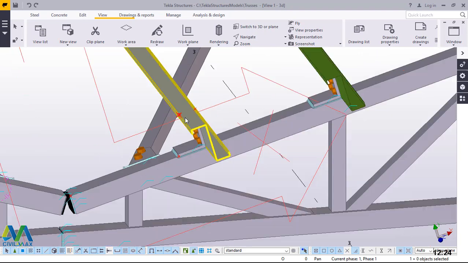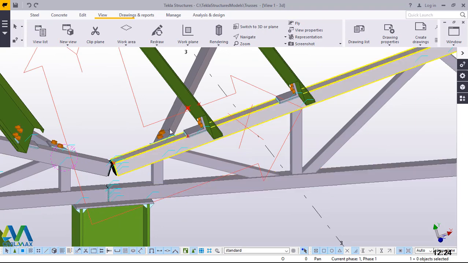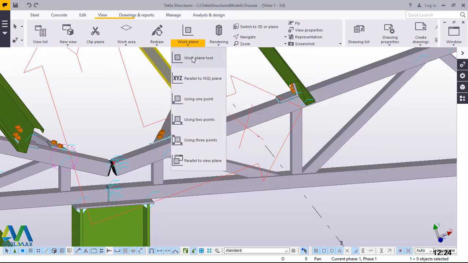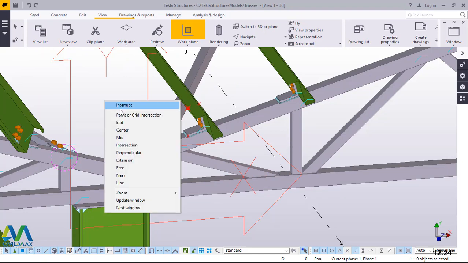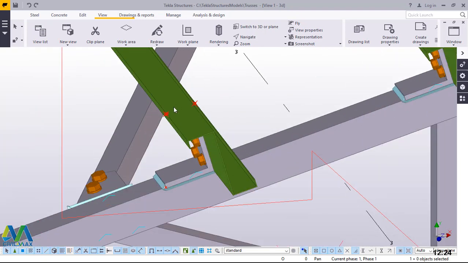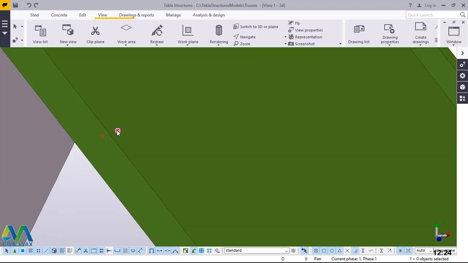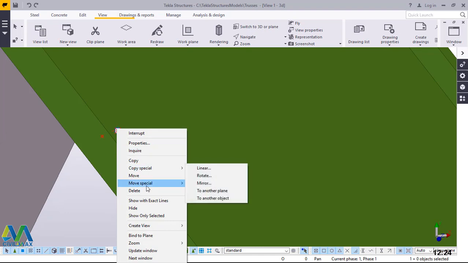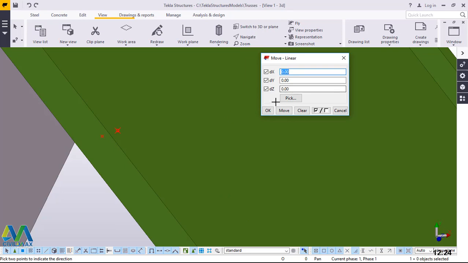And for that to work perfectly, we have to reorient our XYZ plane. We'll come to workplane tool and just mouse over this part, right click and interrupt to exit that, to end that command. Then we'll come to this point right here, right click and come to special move and click linear. We want to move it down using the y-axis. We'll come to y-axis and feed 3. Once you fed 3 right there and click move,